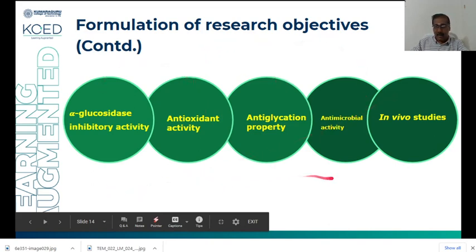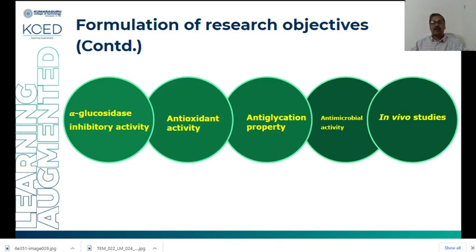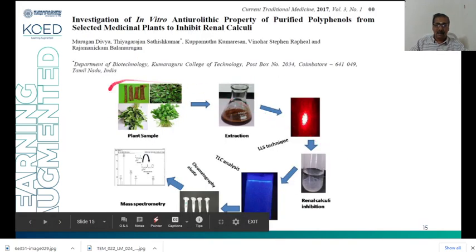I can even create another interlink for the same anti-diabetic. I can create multiple interlinks. Everything depends upon the time, duration, and tenure of your projects. Very simple. Here you can see a plant.